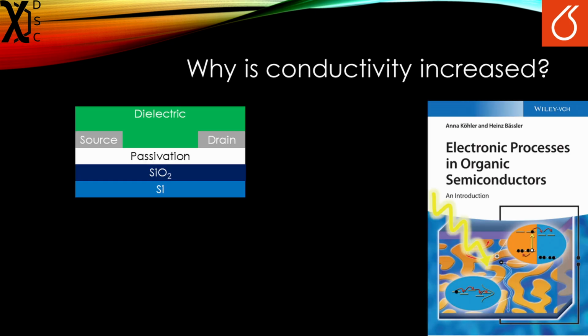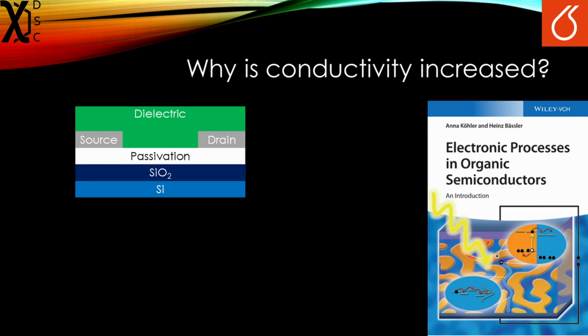Do skip ahead if the practice is more of interest to you than the theory. The timestamp is roughly at the 3-minute 45-second mark. My understanding of how this works is largely based on Electronic Processes in Organic Semiconductors by A. Kohler and H. Bassler. It is possible I misunderstood parts, and do leave a comment below if you think corrections